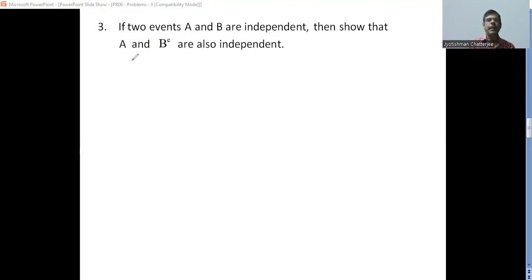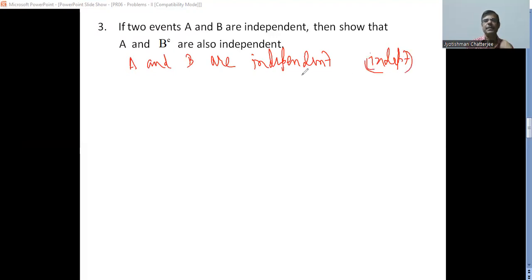So it's given that events A and B are independent. Sometimes we write this in short, in depth, to mean the same thing, independent. Algebraically, what does it mean? That means P of AB